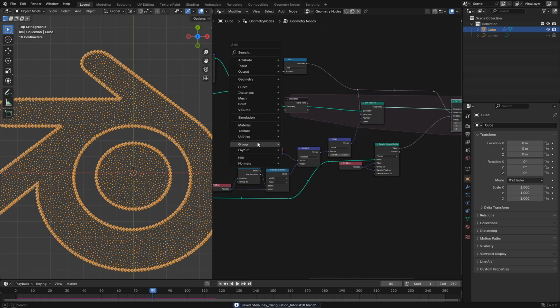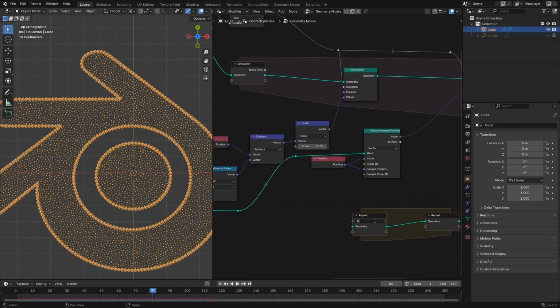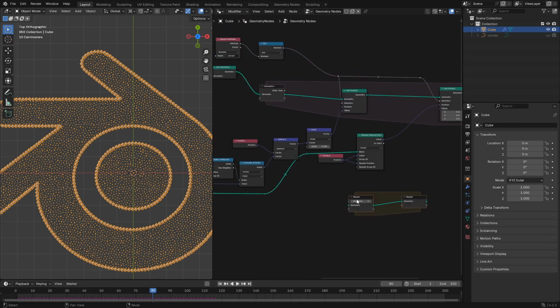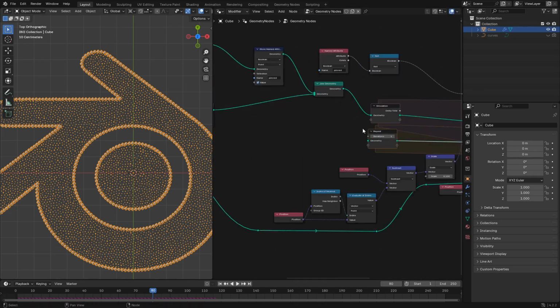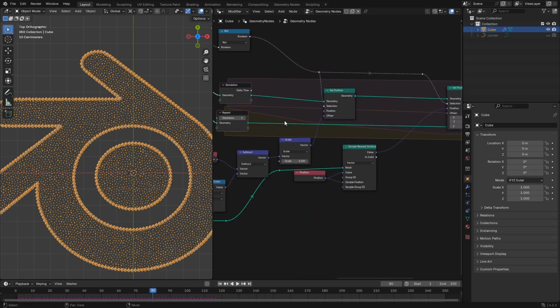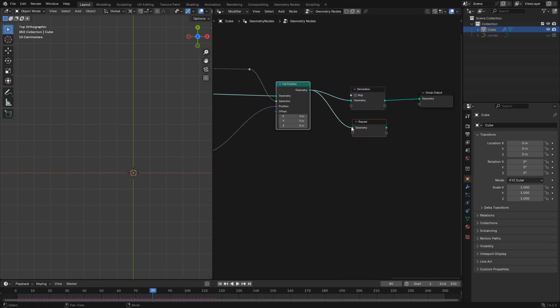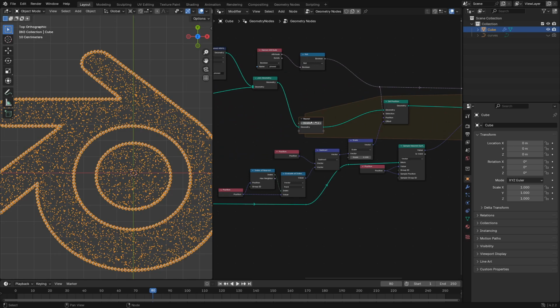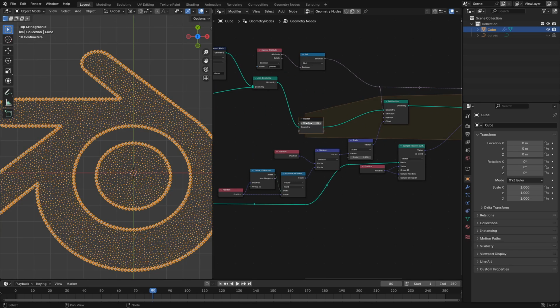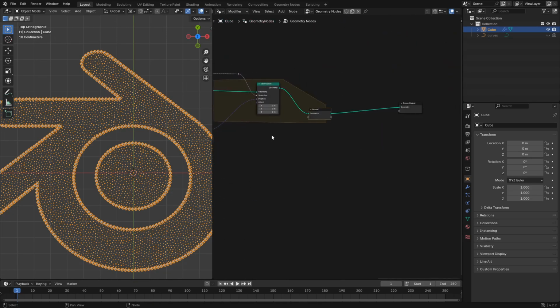simulation zone with a repeat zone. We'll set the iterations to 80. Well, let's keep them at 1 for now until we set everything up. So just pop this there and pop this here. And this is the same input. Then you'll want this to go to here instead of this one. And then this to go to there instead, and then that to go here. Delete that simulation zone because we don't need it anymore. And then you can see you get the same simulation depending on the number of iterations you set. So let's set that to 80. And we are good. Moving on to the actual Delaunay